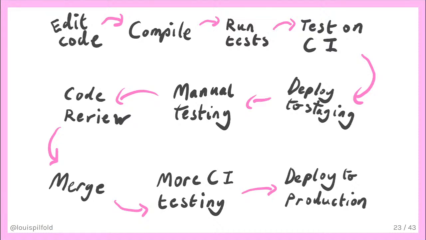Satisfied with a job well done, I can go to lunch or go home or go about my day. But then, disaster strikes. Users are reporting that the application is no longer working as intended. Right at the very beginning of the process, when I was editing the code, I made a mistake. I introduced a bug. Each one of these steps has failed to detect the problem, and now the bug has snuck into production. Luckily, the application is written in Erlang, so the impact of the problem has been minimized thanks to the fault-tolerant properties. But there still is a problem. Something is wrong with production, and now I have to fix it as a matter of urgency.